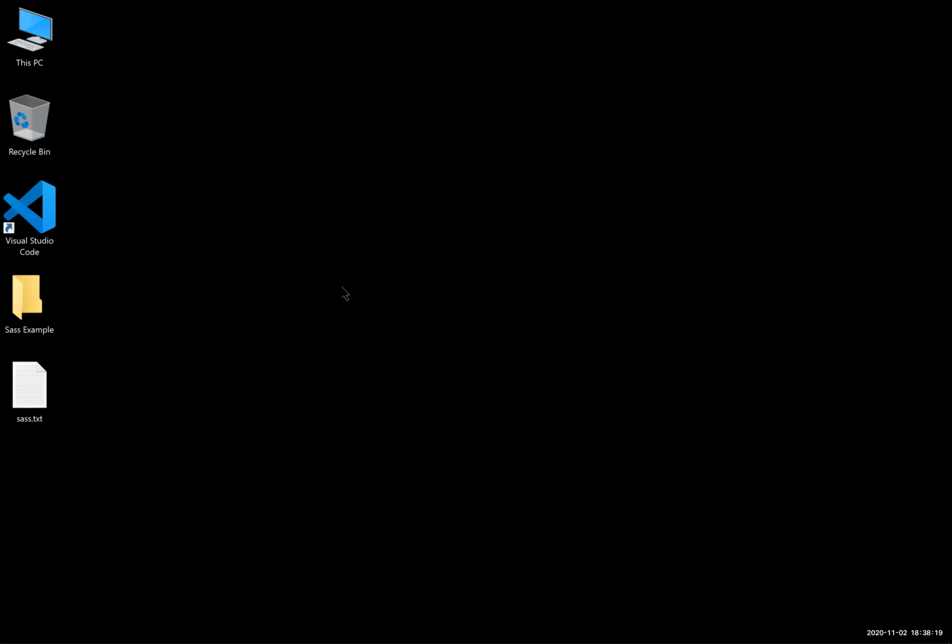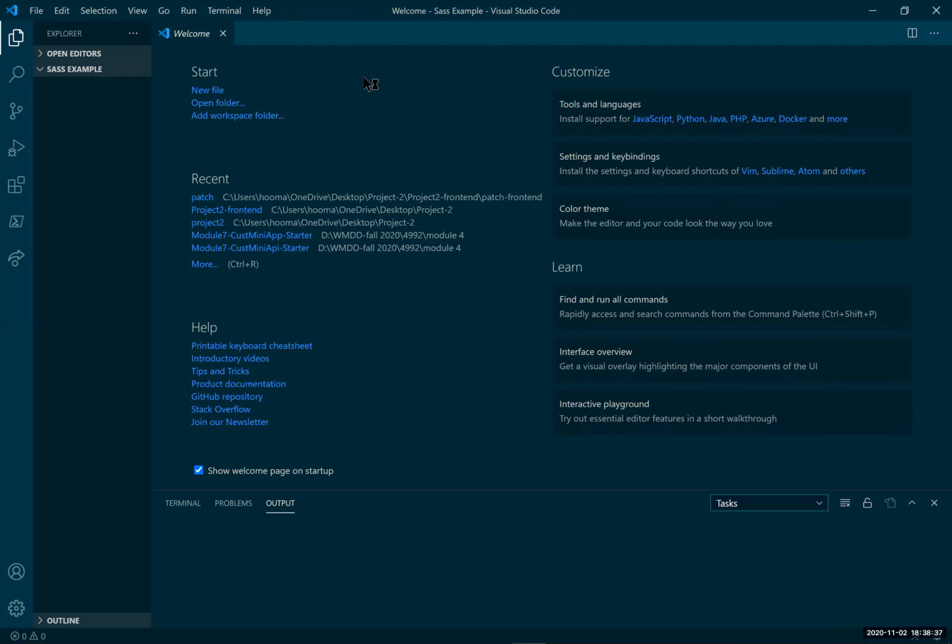So the first step here is to go to your Visual Studio Code. If you don't have it, it's free online and you can go and download it for free. It's really easy to download and easy to use. After you've downloaded and installed your Visual Studio Code,